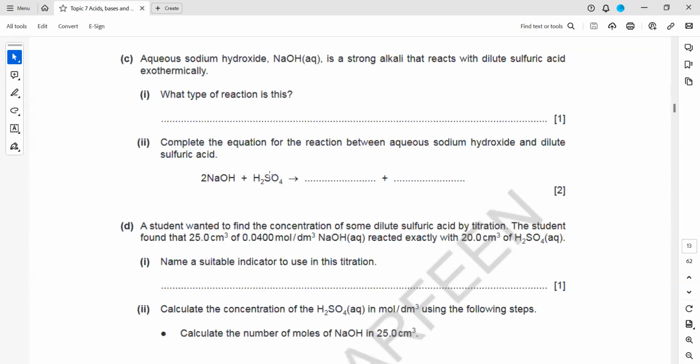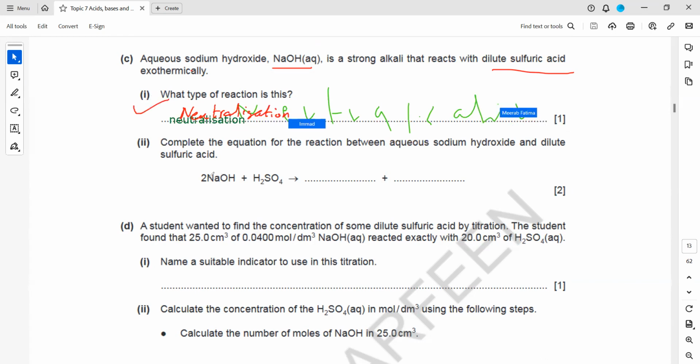In part C, aqueous sodium hydroxide is a strong alkali that reacts with dilute sulfuric acid exothermically. What type of reaction is this? When sodium hydroxide is reacting with sulfuric acid, what we call neutralization. Good. Then when sodium hydroxide is reacting with sulfuric acid,